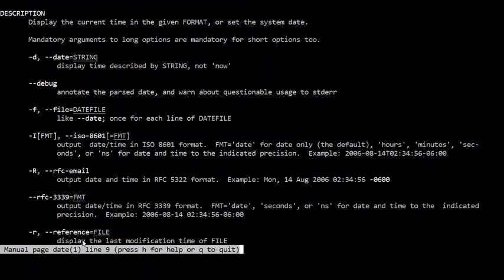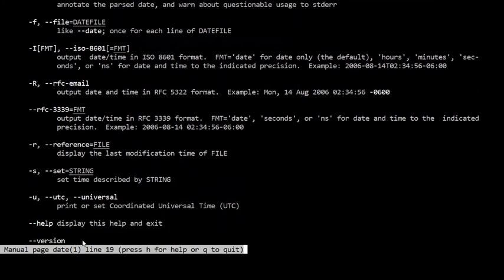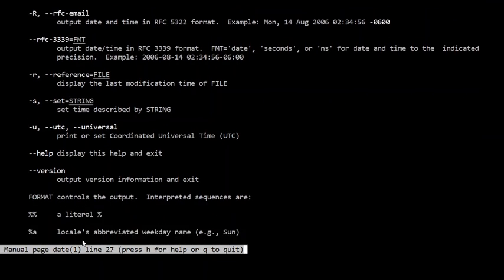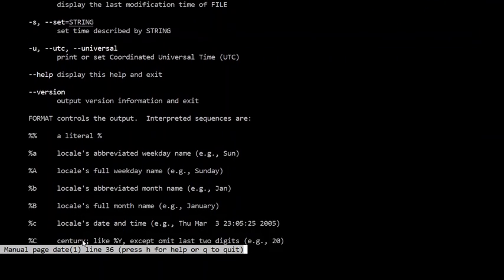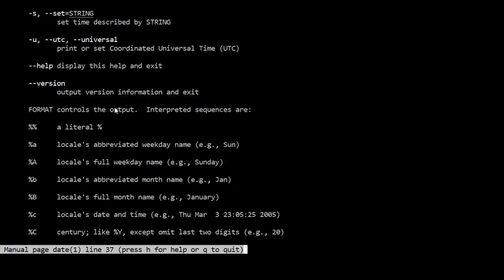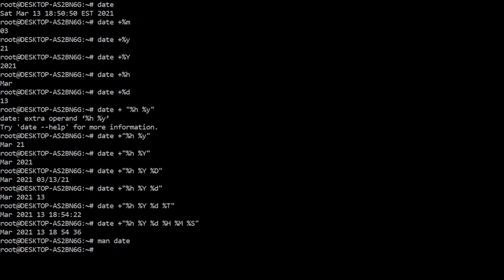Here if you see capital R, F, I have just given you the basic ones which you can use with dates and which are important. But in the manual, if you type man date, you can see things like the full weekday name, if you want you can use %A, abbreviated %B, %C for centuries like 10, 20 and all those. So there are many options; as per your requirement you can pick one.